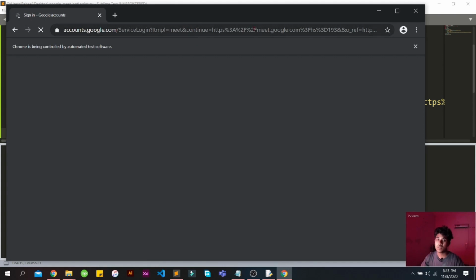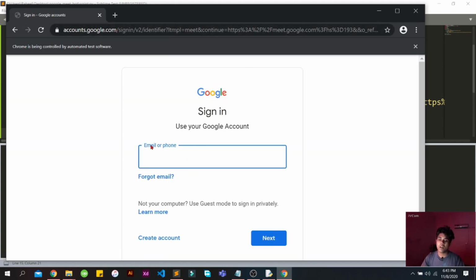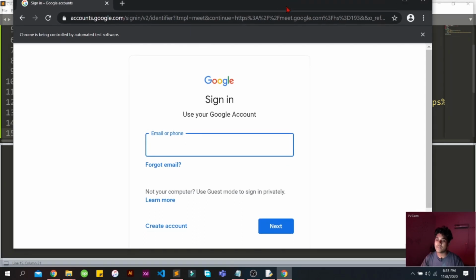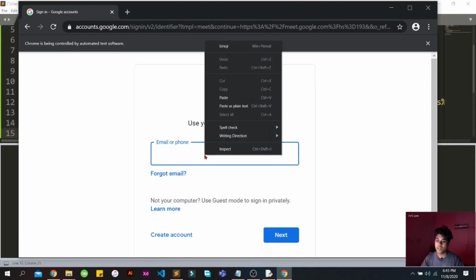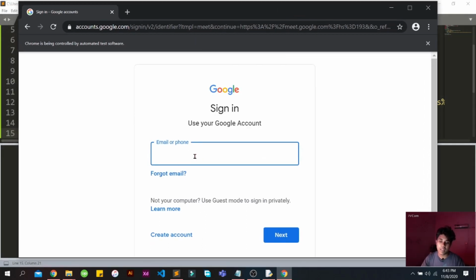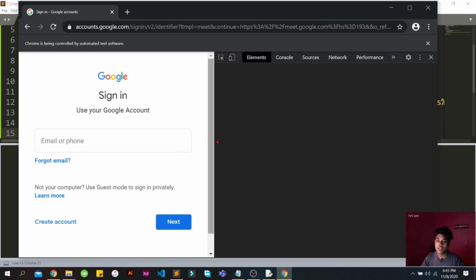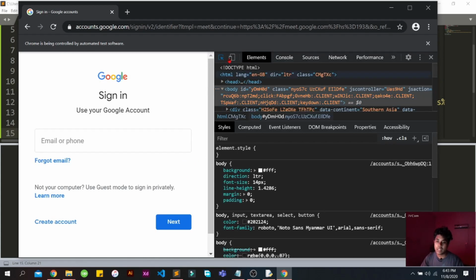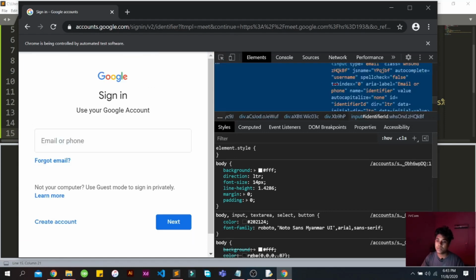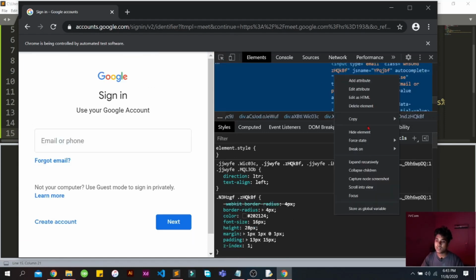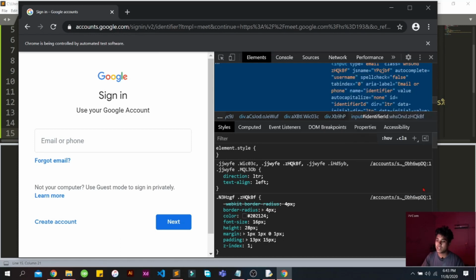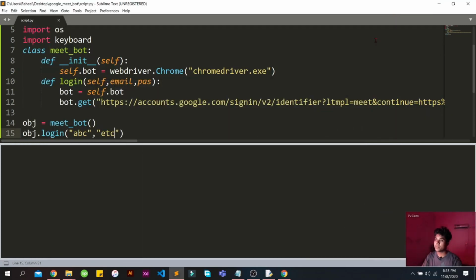So yes, it will be redirecting us to this page, and then we have to write our Gmail and password here, for which we have to inspect this element by right clicking it and going to the inspect option, and then go to this arrow and select this input field and copy the XPath from it, like that. When you copy the full XPath, now what you have to do,